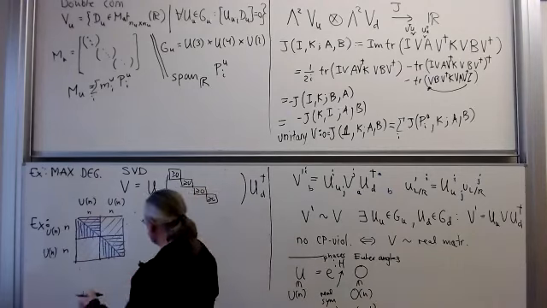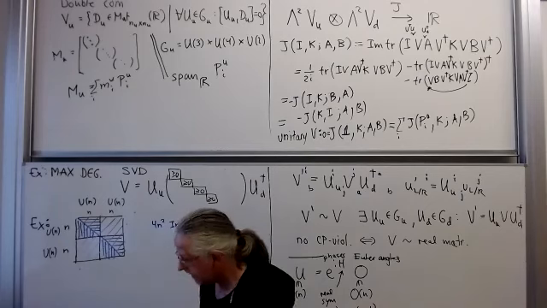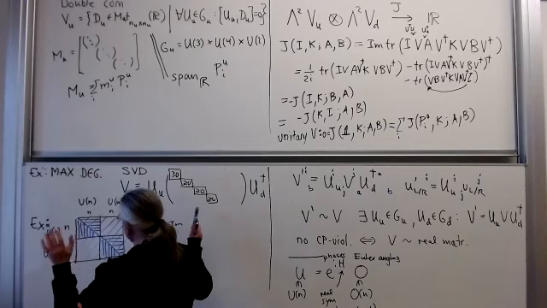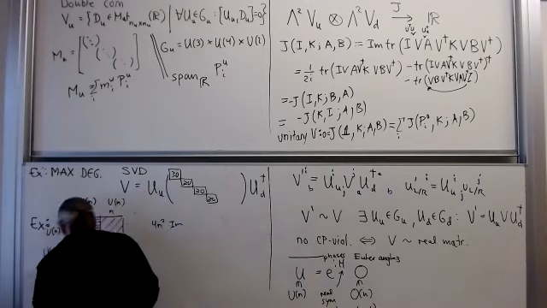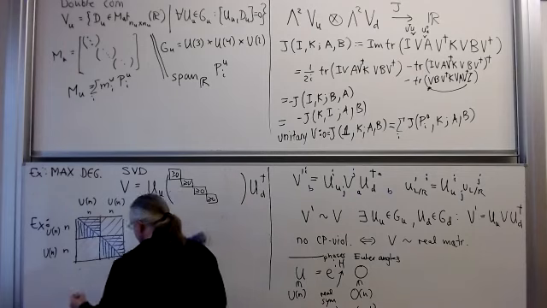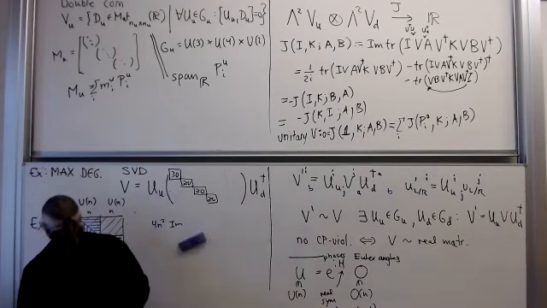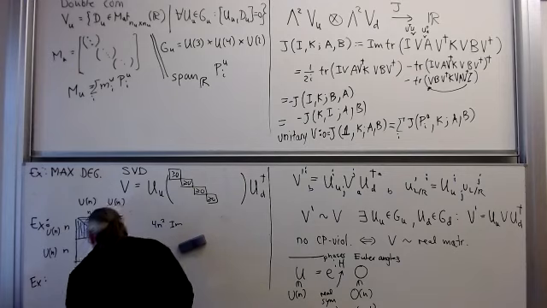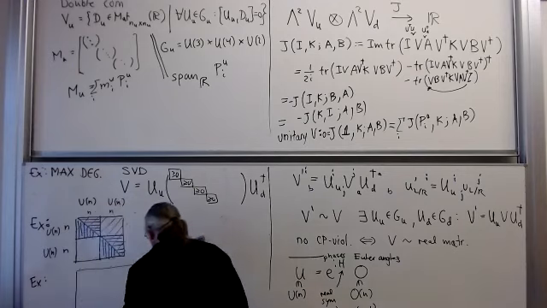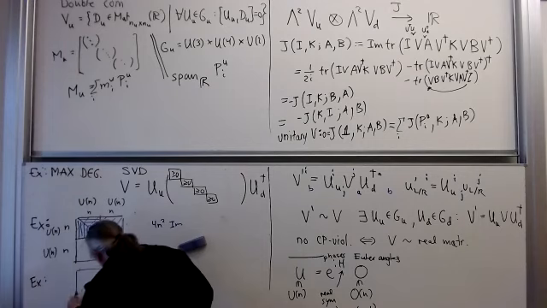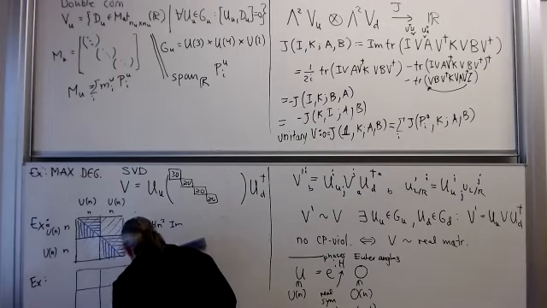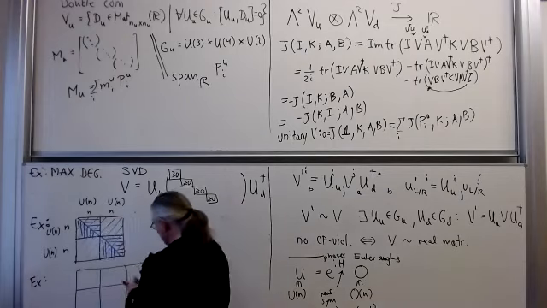Let me give you another example. You may say, but that matrix was not unitary. What happens if we have a unitary matrix? So let me give you another example. Let's take a unitary matrix, but go up one in size. Let me go 3 by 3. So I would have this, this, this, this. We will now assume that V is unitary.